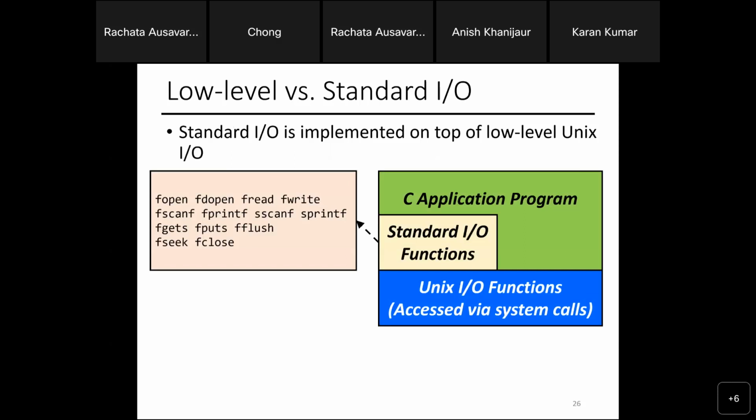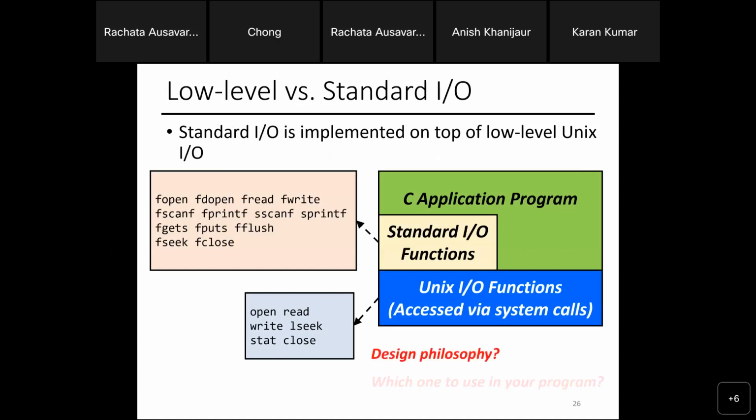That's a standard input. All right, now you have the Unix IO function or system call, which is just open, again, what you have to do, open and close the file, right? Read and write the file, and then the lseek, which is jump from one place to another, and then the stat, like look at the statistics. All right, so what are the design philosophy and which one to use in a program? Quick question. For the most part, will you ever use the bottom part, your Unix IO function? Not really, right? Why?